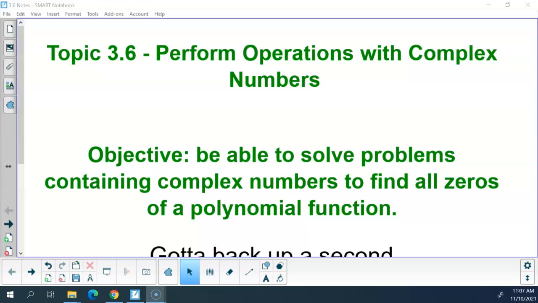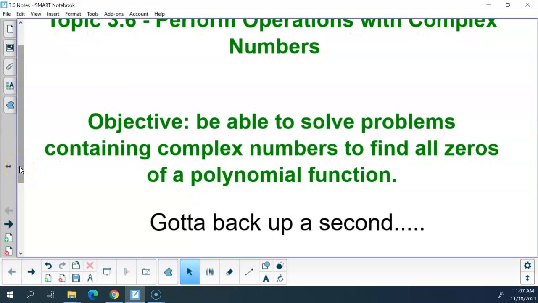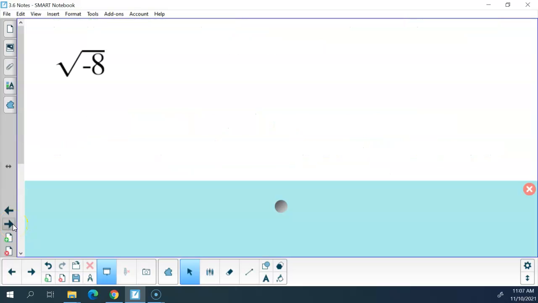Okay? So in order to do that, we got to take a break. We got to pause for the cause, and we've got to back ourselves up to Algebra 2. Okay? So we're going to go back to Algebra 2 here for a minute. Okay? So back in Algebra 2,